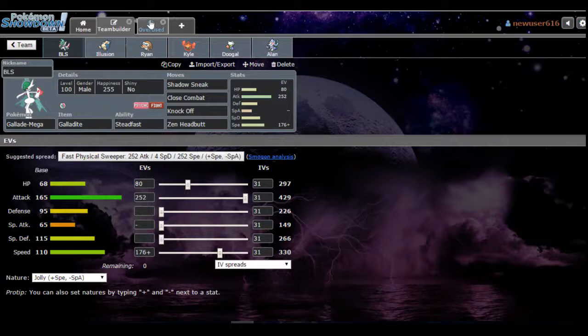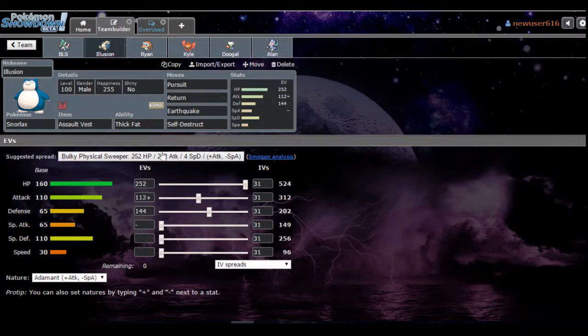Pretty straightforward. So next up we have Snorlax with the Assault Vest, and Pursuit, Return, Earthquake, and Self-Destruct. So this set is mainly to put a stop to Blacephalon. Pursuit, if he's switching out, will always kill, and if he's not switching out, it does over half to the Blacephalon. Return is just for STAB and for things like Thundurus Incarnate. Earthquake is for things like Jirachi and Tentacruel, and then Self-Destruct is if I want to get the hell out